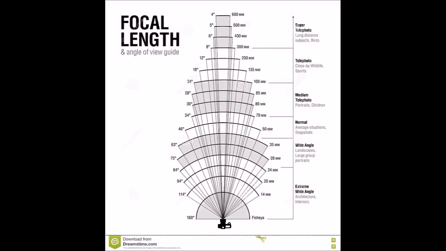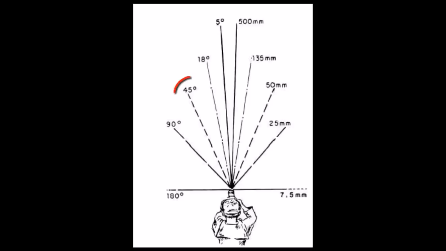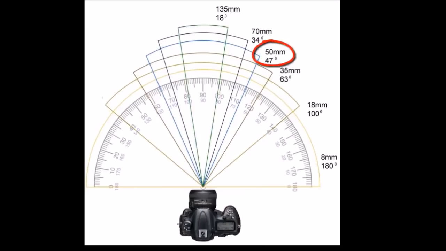Charts and illustrations giving us the focal length and the angles of field of view for various lenses usually give us a figure of between 45 and 47 degrees for the angle of the field of view for a 50mm lens, depending on the source. So that means that the angle at which the field of view is expanding from the lens is an angle of about 45 degrees, split down the middle at eye level, the center of the lens or the eye.